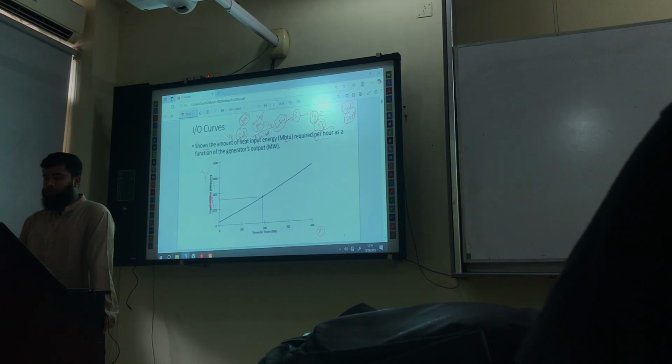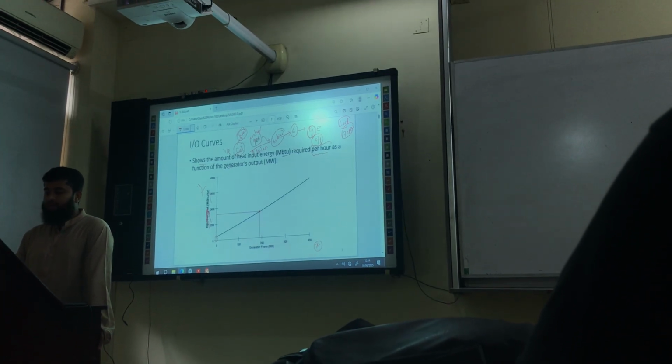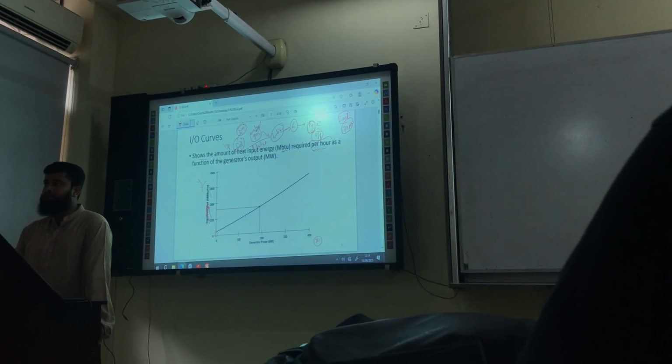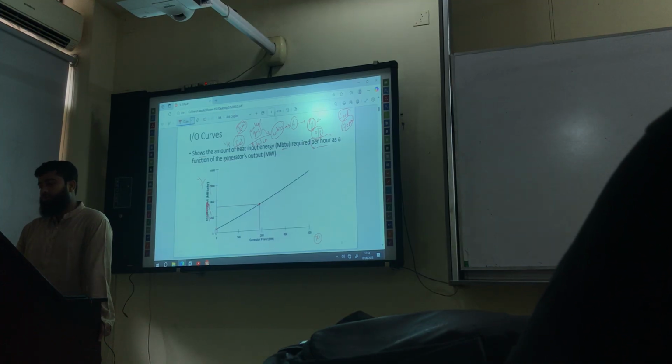So here there is some fuel. Using this fuel we are producing heat. This heat is used to produce the steam from the water. So in the first few cycles, we need the heat to produce the steam, right? At that time, some fuel will be wasted, and that fuel will not be